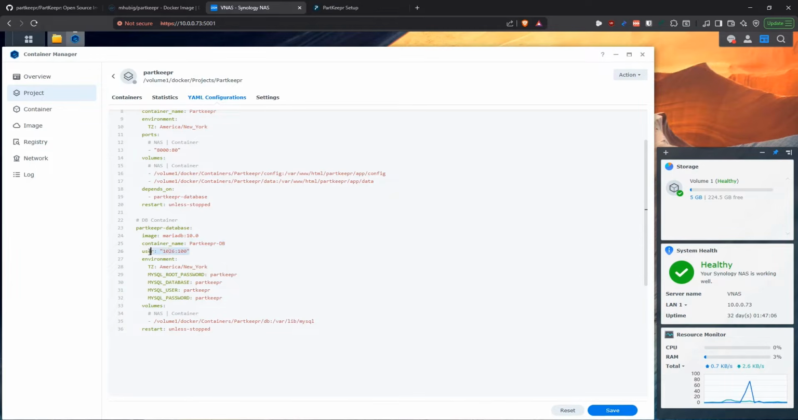And we're going to give it the user of the administrator of our NAS so that it is able to read and write the appropriate folder that has the database stuff. So make sure that you give it a user that has read and write permissions to that folder that you're mounting. Again, for the time zone, I'm going to specify my time zone, America, New York,